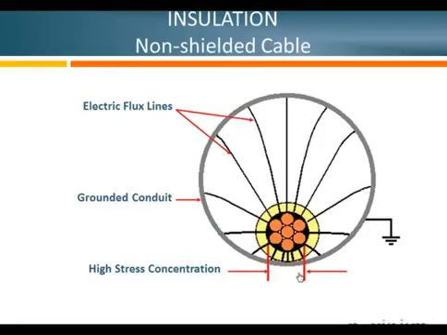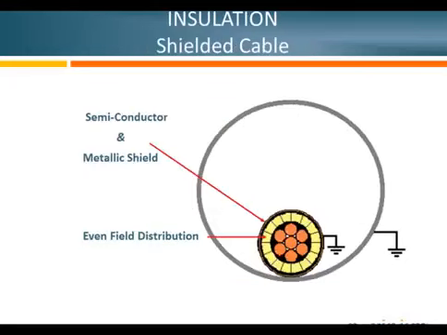Likewise, one utility dug up some non-shielded 15 kV power cable, and it had an insulation thickness of 345 mils, which is a 100% level for a 35 kV cable, but that's the insulation level it needed in order to operate as a non-shielded power cable at 15 kV. So you can see it's significantly more insulation with a non-shielded cable because you have that local high concentration of